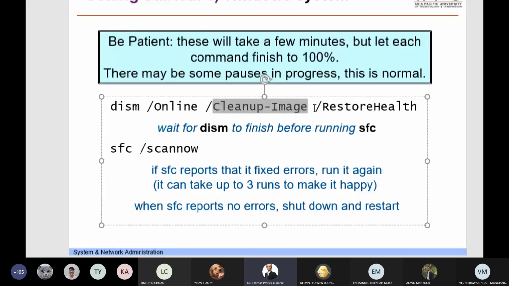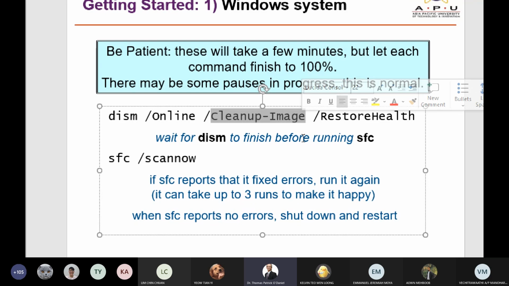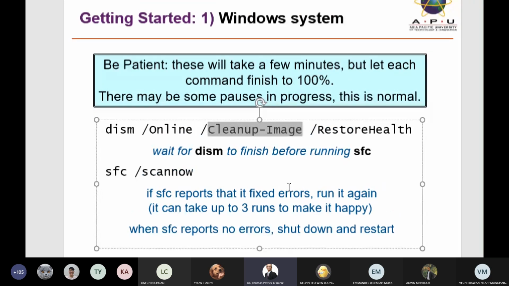So this one checks back with Windows headquarters to make sure that all the right libraries and drivers are together. We only need to run this once. We don't need to run it very often. It's just that Windows Update doesn't really meet that five nines standard of reliability, and sometimes things get confused. But we need to do this one first because the one that really helps us out, the second one called